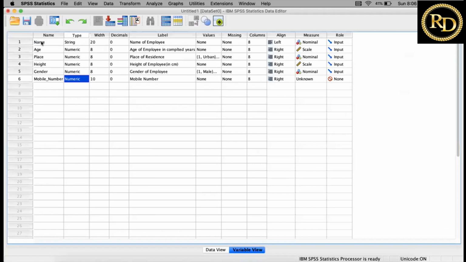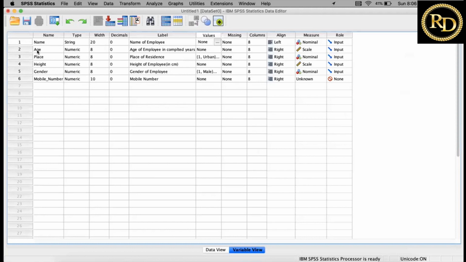What is the type? For example, name is always a string variable. It is not a numeric variable. Then you explain what this is: it is the name of the employee. There are no categories in the name, so values will be none. And what is the measurement level? It is nominal. So the measurement level that I discussed in the talk is defined over here.